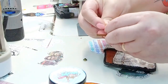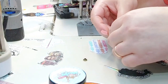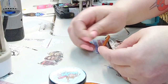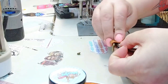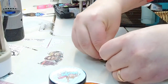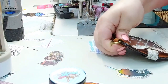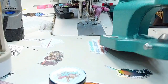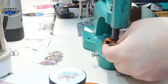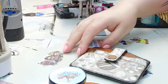I'm going to thread the material through and bring it through to the back. And then from here, I'm just going to thread it through here. I like to finger set, that sounds weird, but I like to feel that set before I bring out my press, like so. That has alcohol wipes on it. And I'm going to set the rivet, and we're good to go. We have a beautiful mini